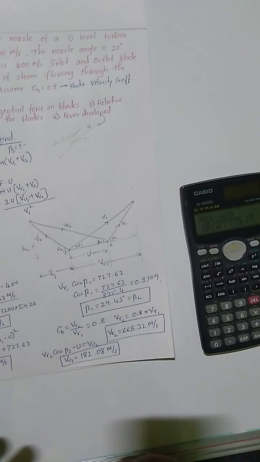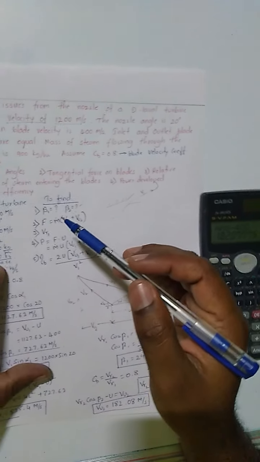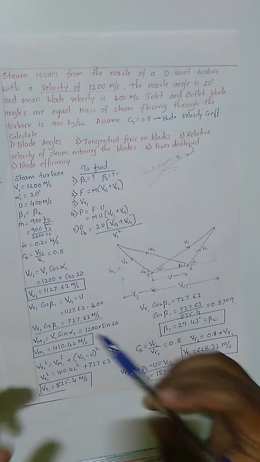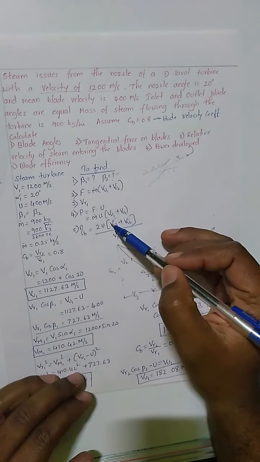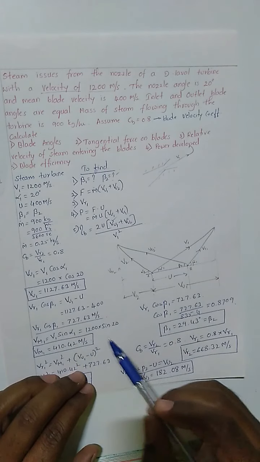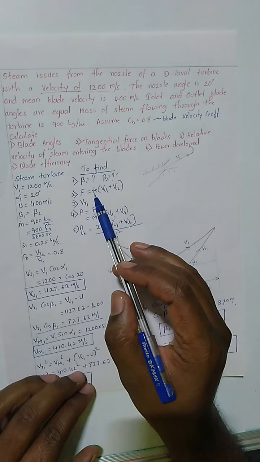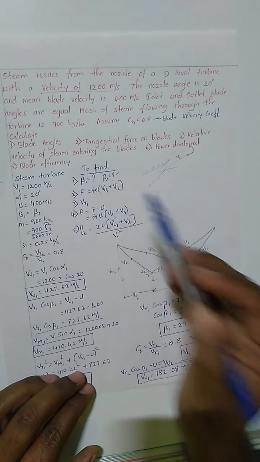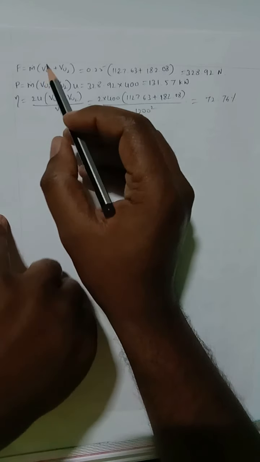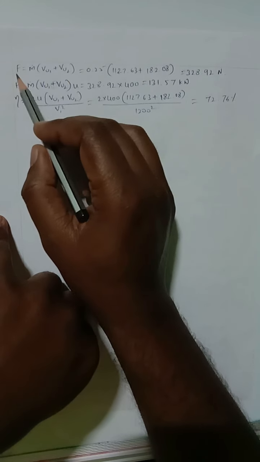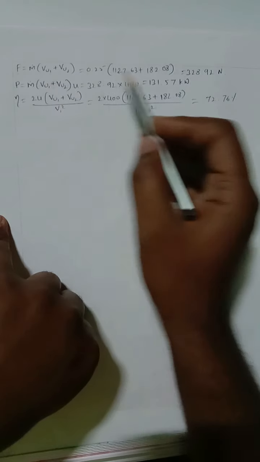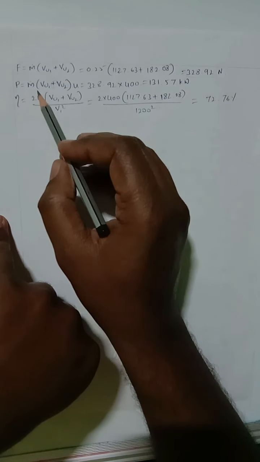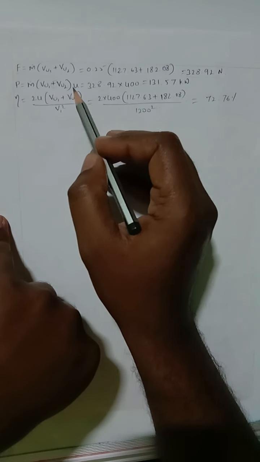Okay, so why did I tell you to write what to find, formulas either here or on rough? Because when I'm doing the calculation, we'll come to know what all the terms we need to find. So if I want to find tangential force, m naught is given, VU1 we need to find, VU2 we need to find. We have found VU1 and VU2 using formulas, we will substitute in axial force, we will get it as 328.92 Newton, and power is equal to m dot (VU1 plus VU2) into U.